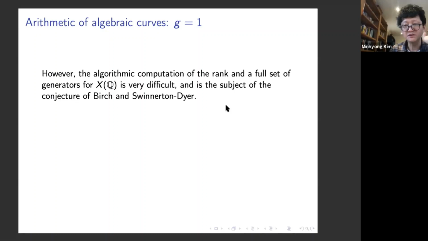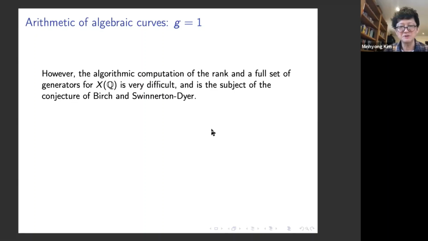How do you compute these things? As you know, this is one of the most famous open problems in number theory, and it's quite hard to resolve. But there's an interesting aspect of this conjecture and the difficulty surrounding it, which is that in practice,